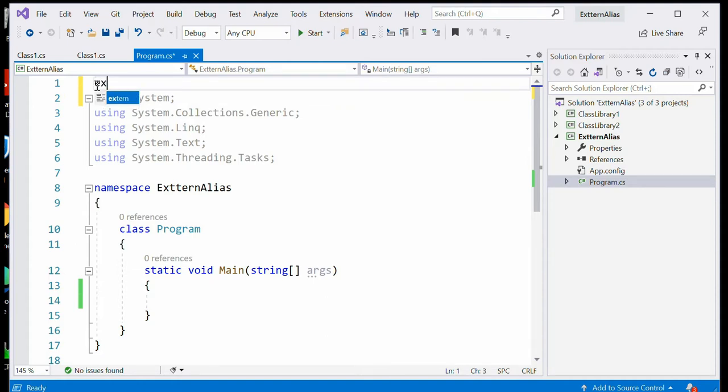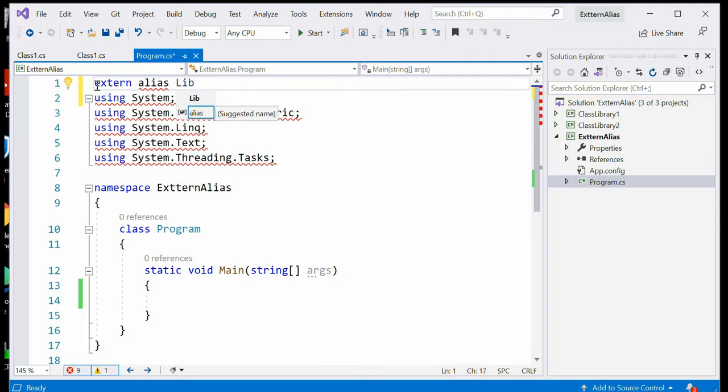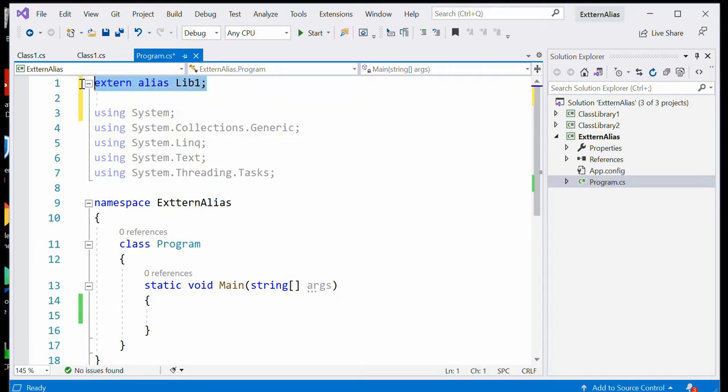So here, extern alias library1; and the same way, extern alias library2. This is the first step we have to follow. After giving the alias names, you then give the namespaces. Before the namespaces we have to write these alias keywords.